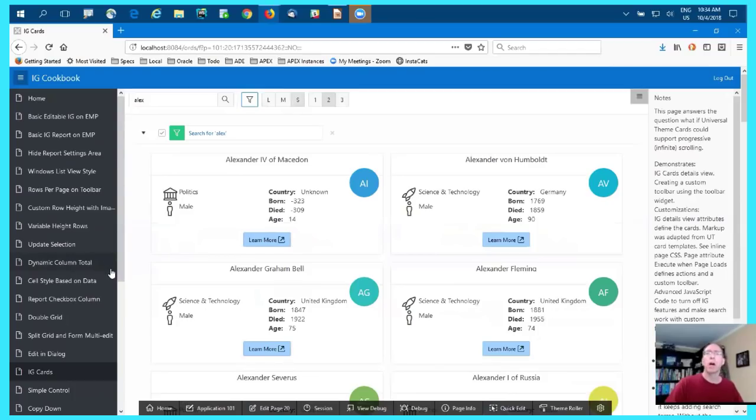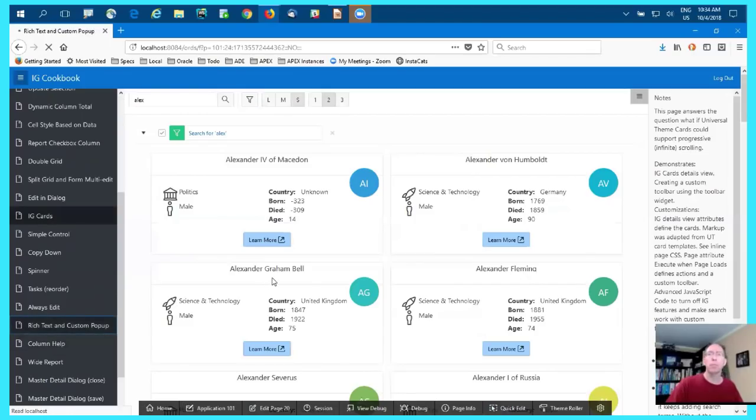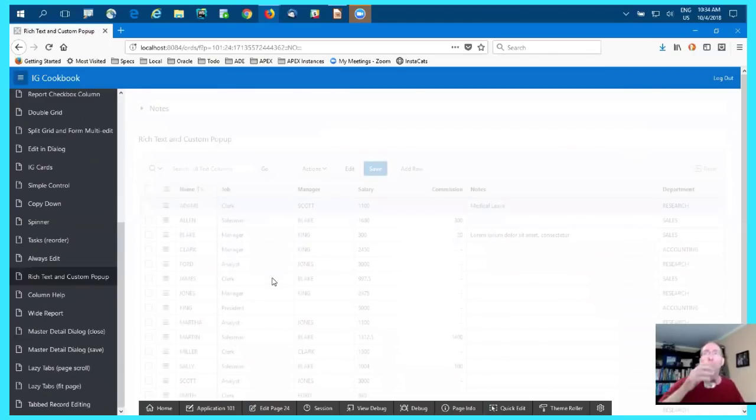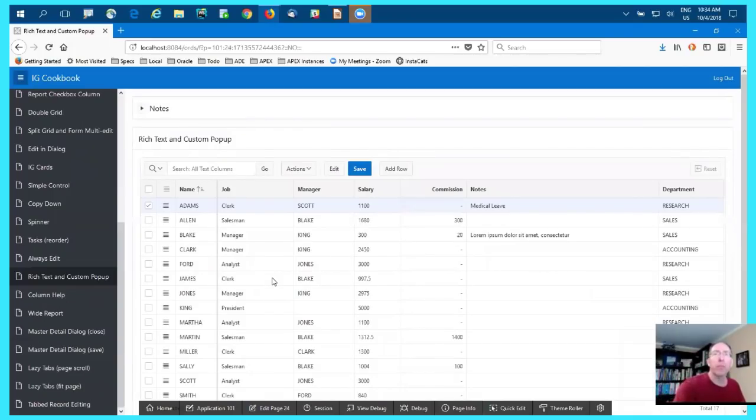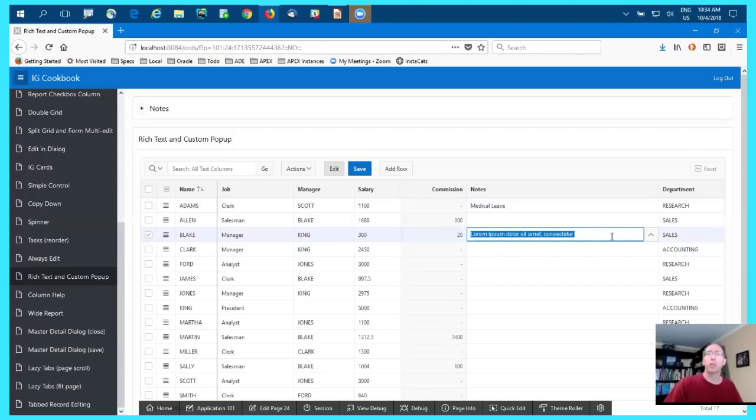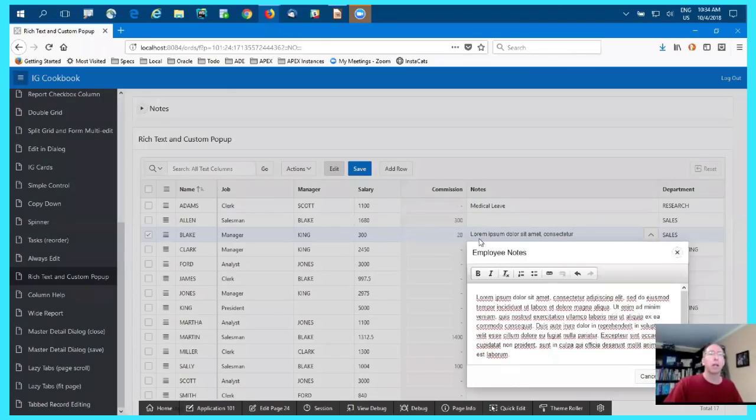The next category of examples is about overcoming limitations. One limitation is that the rich text editor isn't supported as one of the column types in Interactive Grid. This is because the CK editor uses an iframe, and moving an iframe in the DOM causes its source document to be reevaluated, which breaks the CK editor. The page shows how to get around that limitation by using the custom pop-up plugin that is part of this app. Here you can see that the notes column has a lot of text,